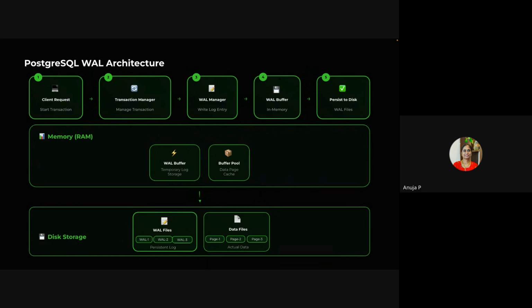Instead of fetching the recently modified data from the data files or from your disk, you can pull the data from your cache memory. So this will increase your performance. It will make the system efficient. So the disk storage components are your WAL files and your data files. The WAL files are stored on your disk, and the actual data files are also stored in your disk space.